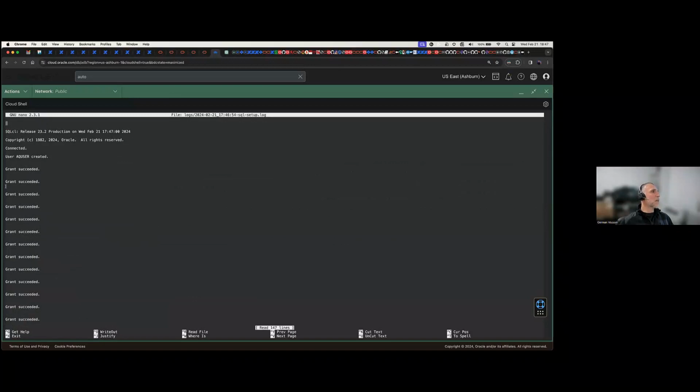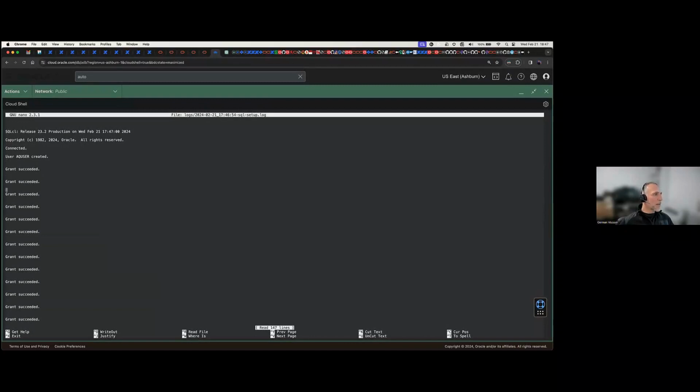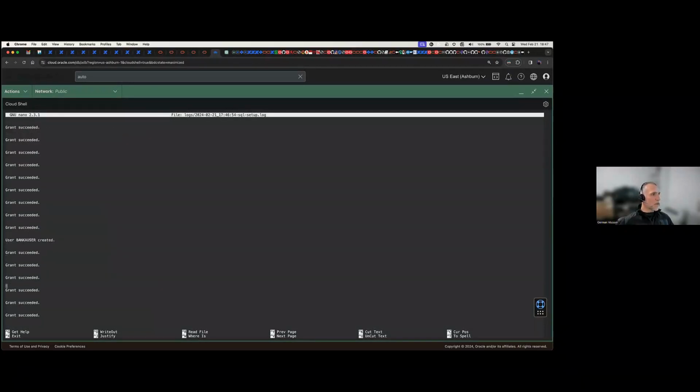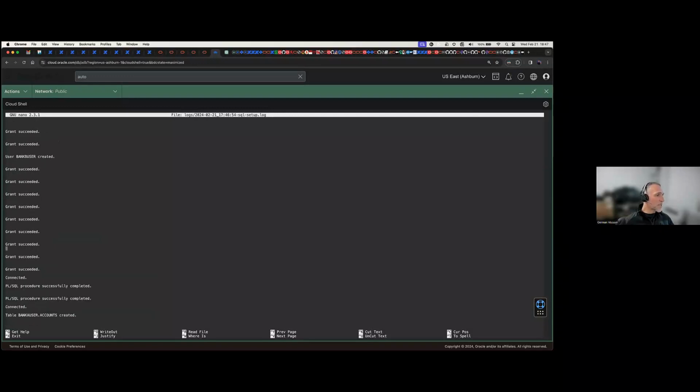And as you can see, we did several grants within the database. We created a queue user, which is for advanced queues. We created the bank user, which is the main user of the microservice. And we created the bank B user, which is the other user. We ran a few procedures. We created a table called accounts, which I'm going to show you in a couple of minutes, okay? So that's what we just did.